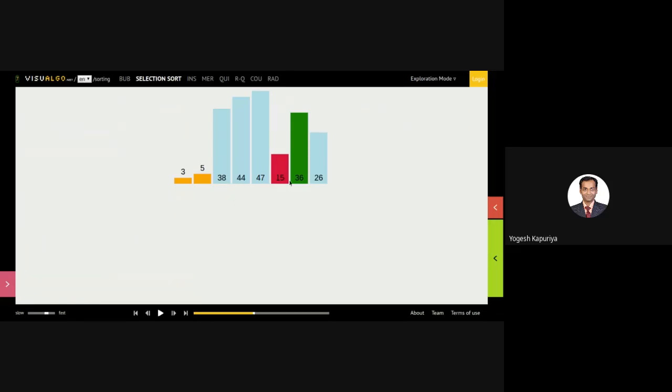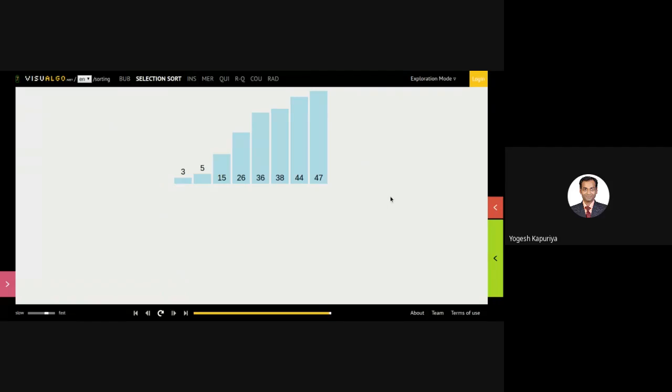But you can see the comparison. What they are visualizing is the comparison. So now you are comparing 15 with 36. Ultimately you are actually changing that element only. So 15 will be compared with 36, no interchange. Then 15 will be compared with 26, no interchange, and finally you are swapping this. Right. So this is how selection sort works. At every instance, the smallest element will come on the leftmost part. So next 36 will come at its position, next time 38, then 44, and then 47. So this is how it happens in selection sort.